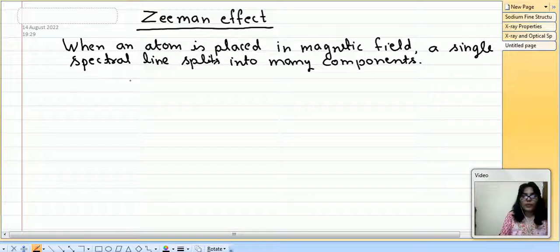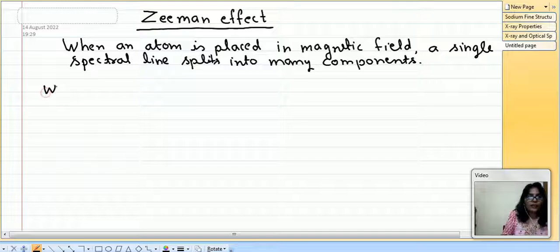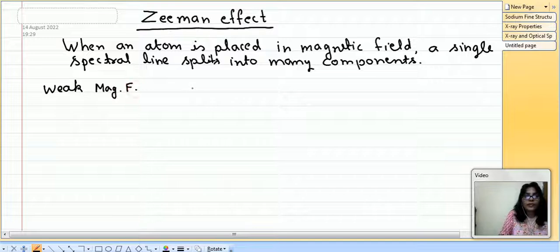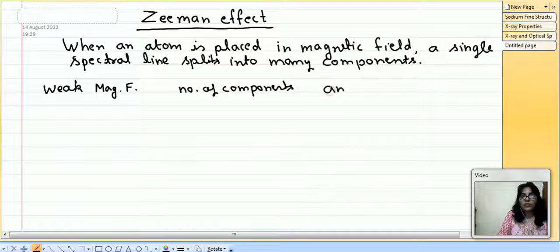Now the splitting and the number of components depend on the magnitude of the magnetic field. If we apply a weak magnetic field, then a large number of components are seen, and this is known as anomalous Zeeman